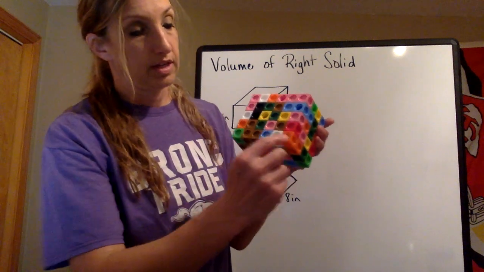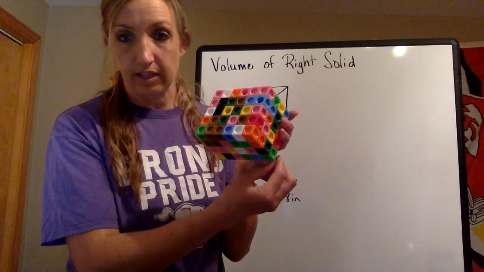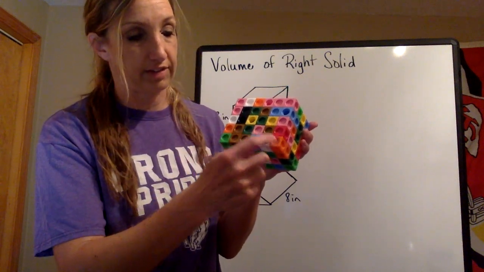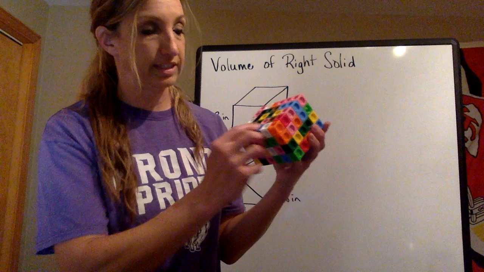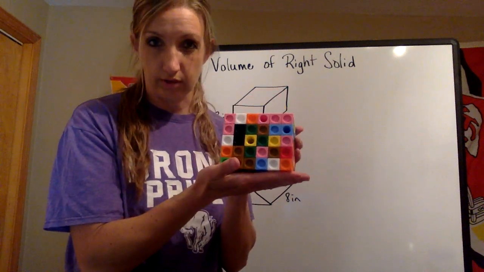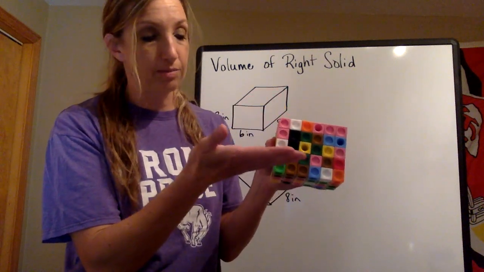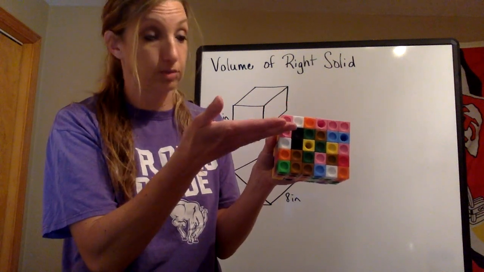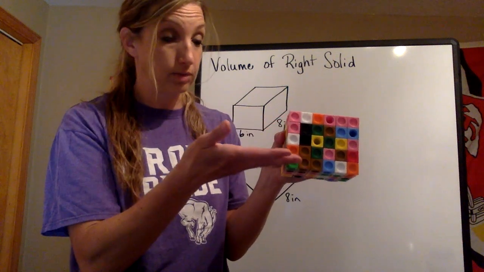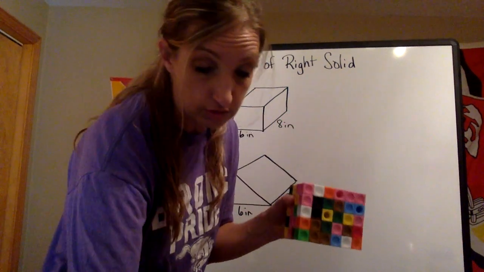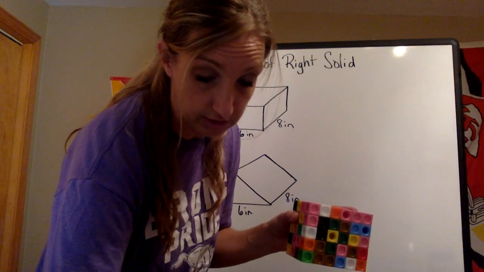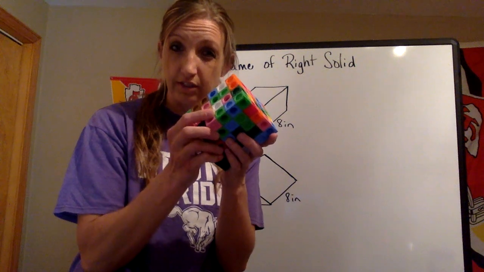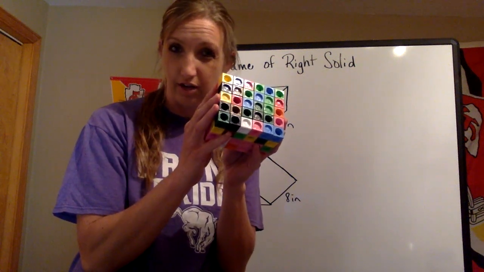So I'm going to do length times width and figure out how many cubes are on this bottom tier here. So this is 1, 2, 3, 4, 5, 6 by 1, 2, 3, 4. 6 by 4, which is 24, okay? And so now I want to know how many tiers are there? Well, there's 24 in this tier, 24 in this tier, 24 in this tier, 24 in this tier, and 24 in this tier. That's 1, 2, 3, 4, 5 tiers. So 24 times 5, I'm going to punch that in because my brain doesn't work real fast, is 120. So there's 120 cubes here,